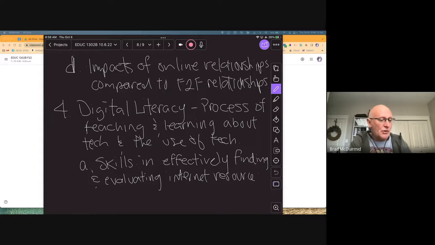And of course, Donald Trump made this term popular, fake news, right? It's all fake, right? Just like we would go down to the library and ask kids to find a good book about giraffes for their report, it's no different when they're online. They need to find a good resource, but they also need the skill to evaluate that resource and know whether it's credible and all that other kind of stuff, right?